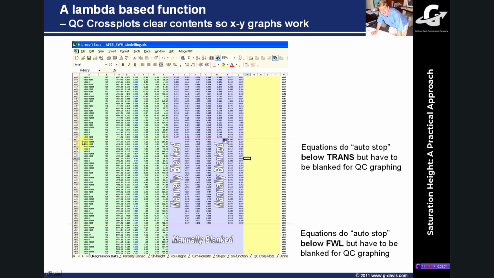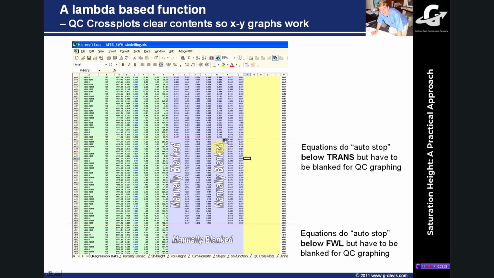So here, remember, this is back on the regression sheet. This is the data that you've pasted in, and you will have remembered that you will have copied this row of equations right down to the bottom of your data sheet. Now initially you'll see that these equations will automatically be blanked out because they'll be returning the blank text string. But what you need to do to get those charts to work is go in there, highlight this bunch of cells, right click and clear all, and then this is the data up until the top of the transition zone. You have to clear this column and clear this column.